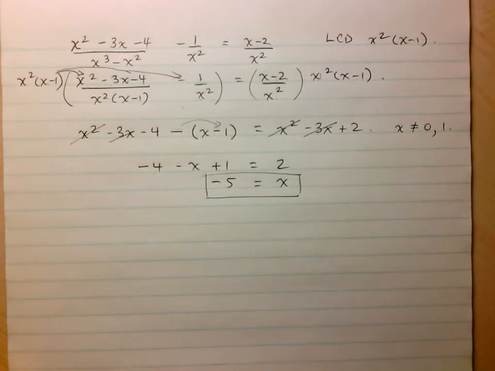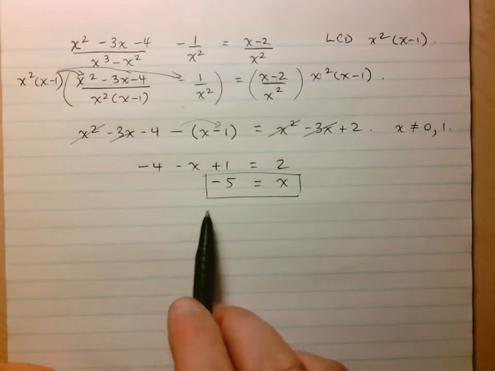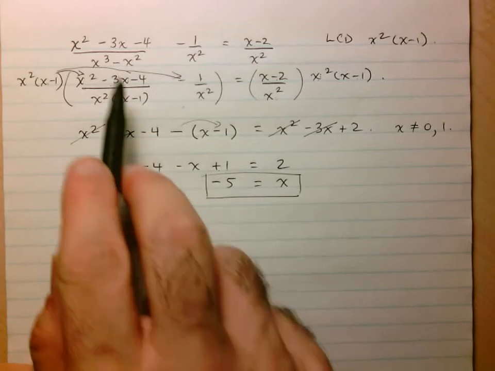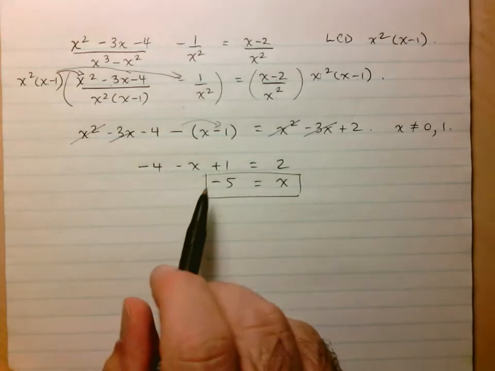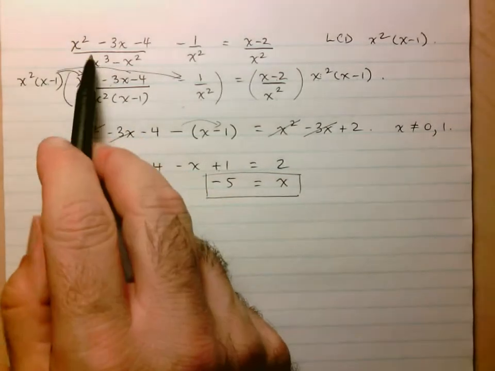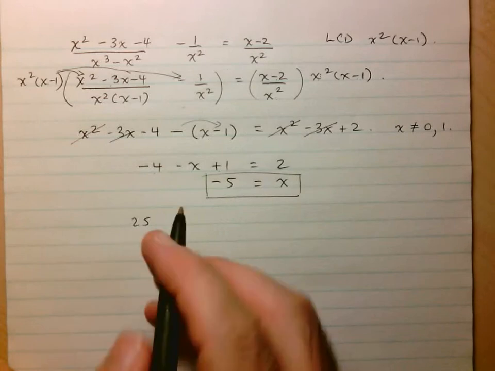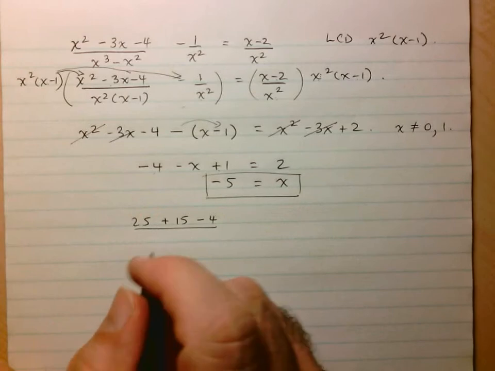Now this is not something I would suggest you do normally, just because it takes quite a while, but for this one example, let's actually test that that's indeed the answer we're looking for. Let's stick negative 5 into the original equation and make sure it satisfies it. I'm going to do a lot of this in my head, so just follow along or use a calculator if you need to. Here we've got negative 5 squared, so 25, and this is minus 3 times negative 5, so that's going to be plus 15 minus 4 over